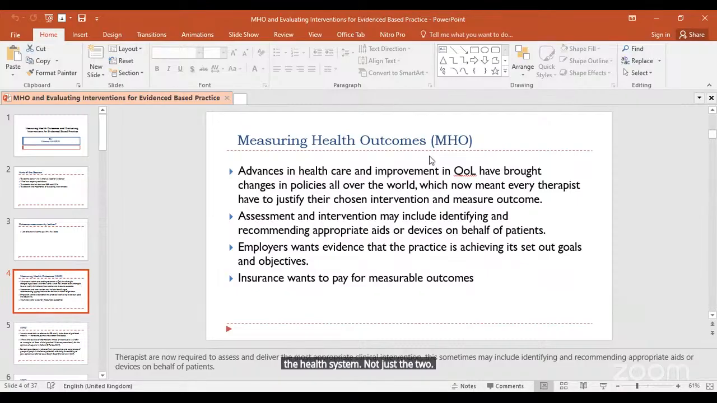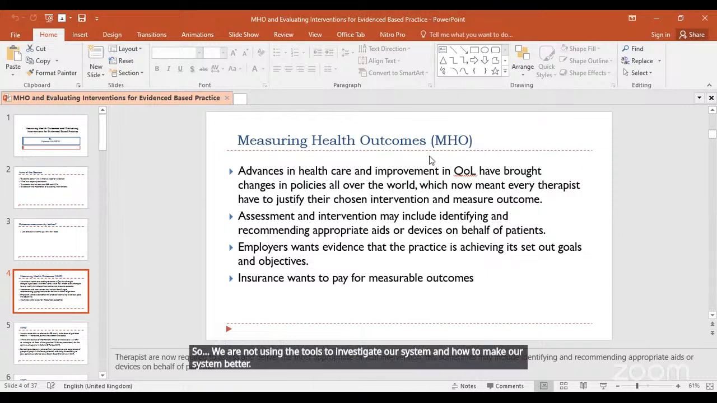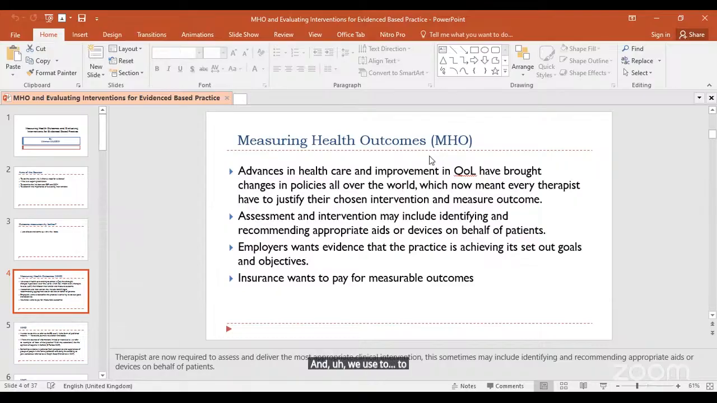So what am I saying here? We are trained in Nigeria to look at the tool rather than the system. So we are not using the tools to investigate our system and how to make our system better. Rather, we use tools to just investigate a particular part of a patient and let it be. Maybe as we go along, we will be able to shed more light on this aspect. For me, we need to move a lot more inside measuring health outcomes if we are going to be better in our practice. But like I said,